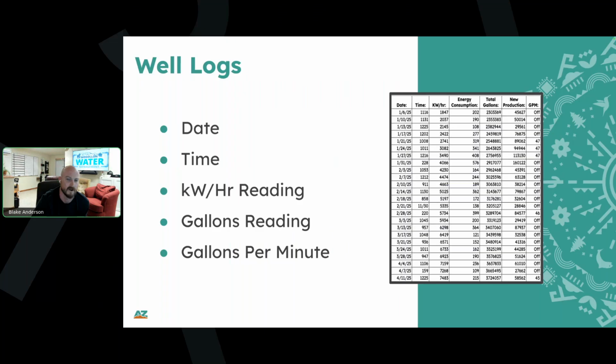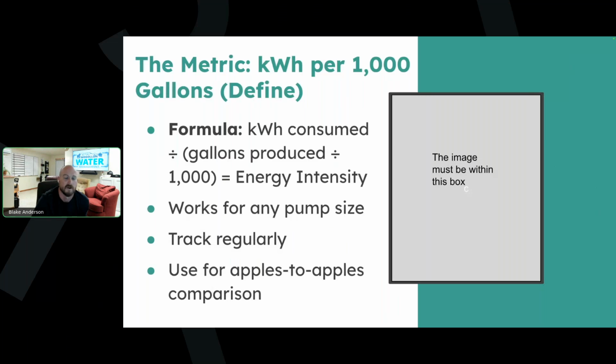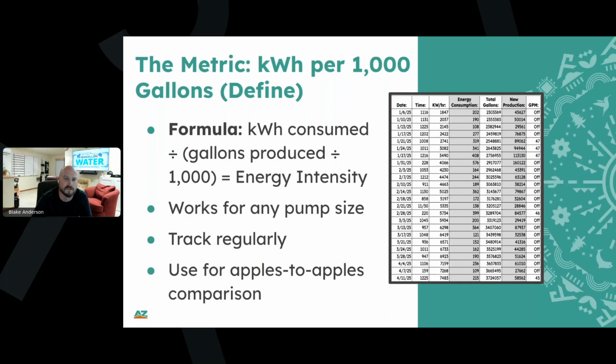But like I said, the three pieces of information that we're going to be focusing on today are the electrical meter reading, the production meter reading, and the GPM. And if you have that, you can do a heck of a lot. So we're going to cover the sixth grade math that it takes to do some of this basic analysis. First, you're going to look at that kilowatt hour column.